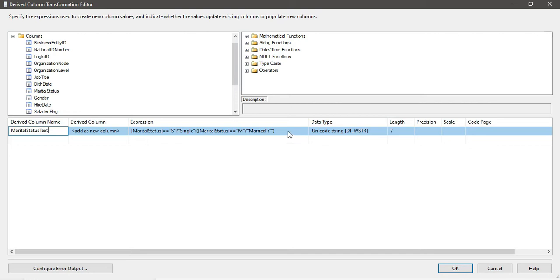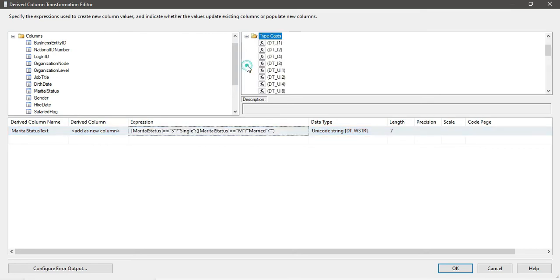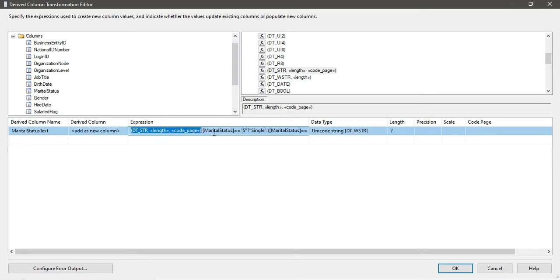However, I want the data type to be string, so I can just convert the data type. On the right side you can see some typecast. In the typecast you can see that there is a DT_STR, which will convert this data type. You can drag and drop this into the expressions and put everything in brackets, start bracket, end bracket.